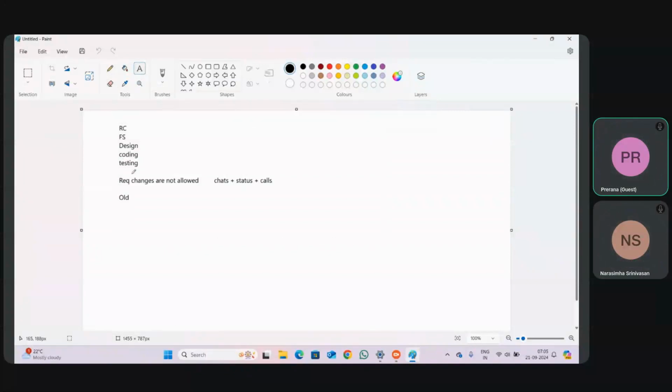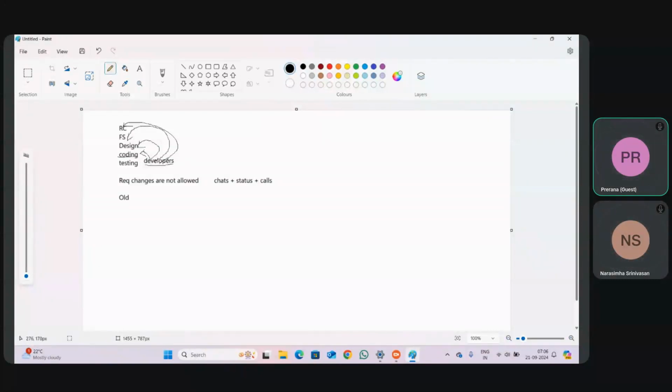So there will be developers who will be involved in all other activities along with the coding. Coding they used to do, and along with coding they will be involved sometimes in design, sometimes in feasibility study, sometimes in requirement collection. It means the company is entirely depending upon developers.